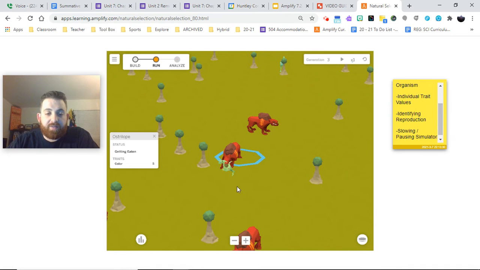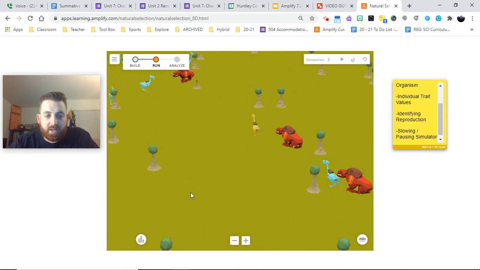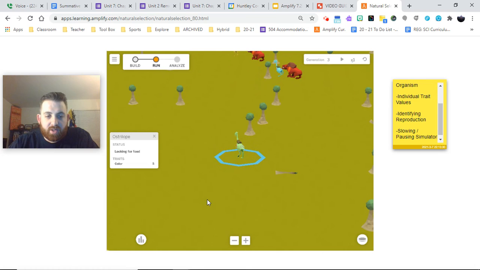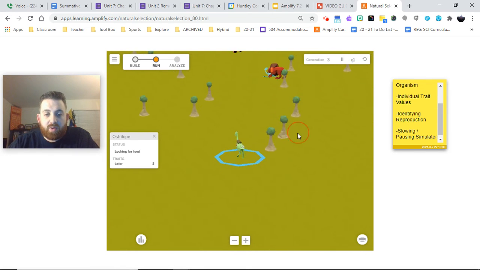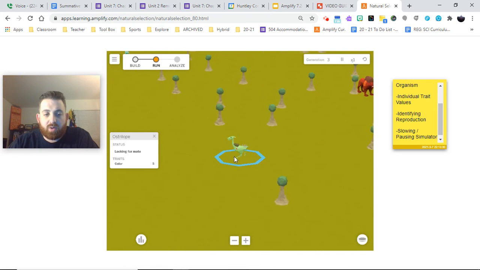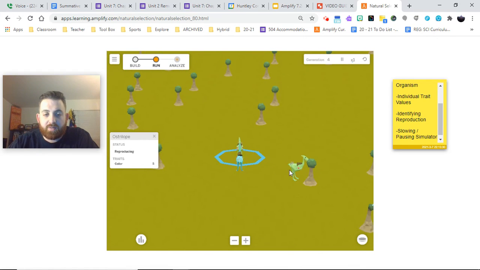So let's go ahead and identify whether or not reproduction occurs by following another australope. Let's see if we can find one here. So let's look at this one. Okay, we're going to follow this one here. And you can identify whether or not an australope is going to be reproducing by this little bounce that it does. If you see that, or if you see it find a mate like this and create an offspring,